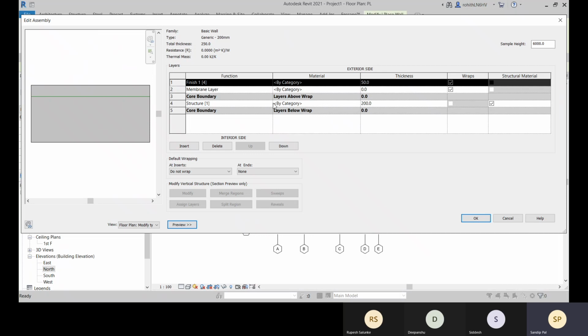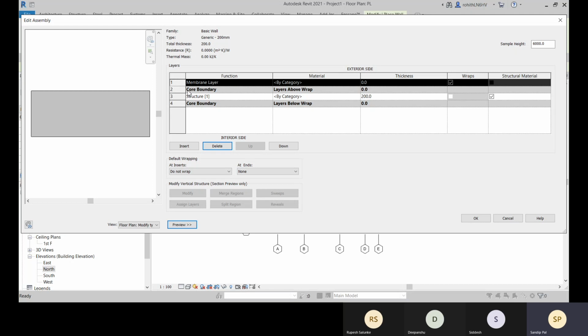But if you go for this core center line, this is right now the core, and within this you will find out the center line of the core. So these are the differences, and you need to be specific while creating the wall.